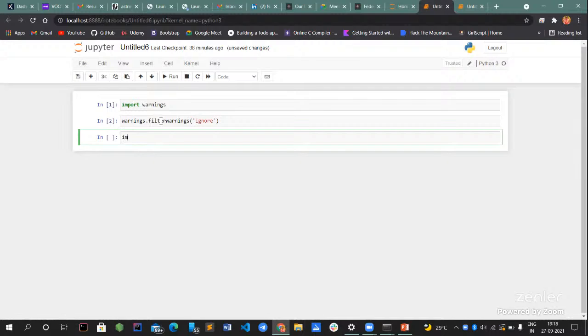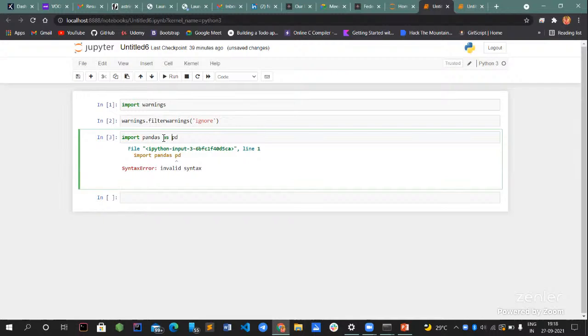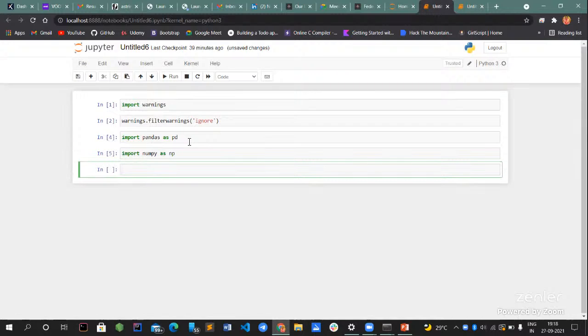Now we will import pandas as pd, or you can go for numpy also in the same way. Again press Shift plus Enter. Oh, sorry, I didn't write pandas as pd. Okay, again Shift plus Enter. Now similarly I'll import numpy too, and Shift plus Enter. So for the implementation of each and every program,